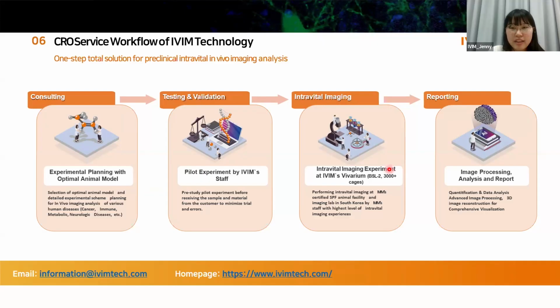Once the feasibility test is confirmed, we move on to the main experimental phase. Here we conduct the in vivo imaging, leveraging our high-resolution intravital microscopy systems and collect the raw imaging data. Following this, we perform careful post-processing and in-depth analysis of the data to ensure that the results are both accurate and very meaningful. Finally, all the findings are compiled into a comprehensive final report, which is then delivered to our